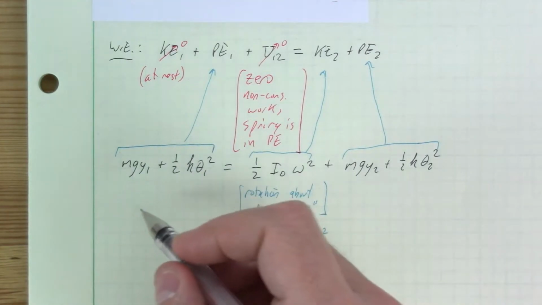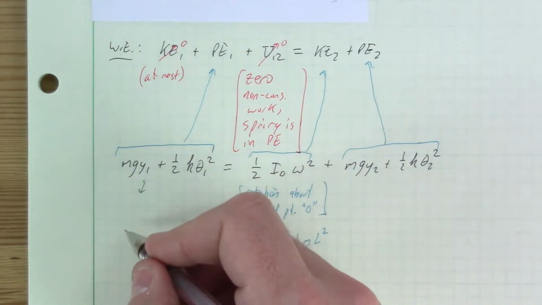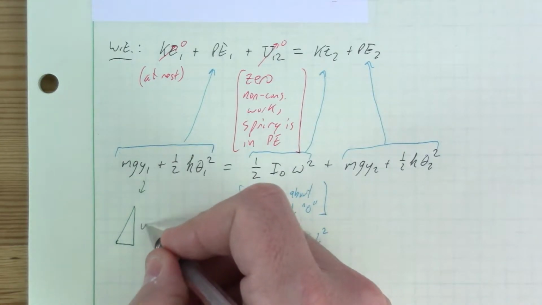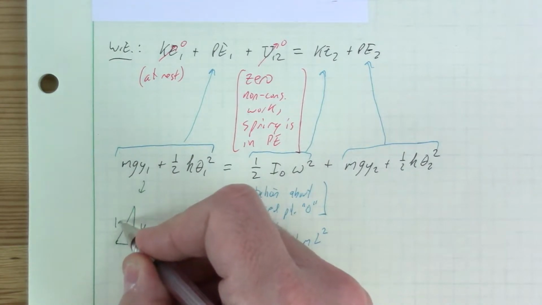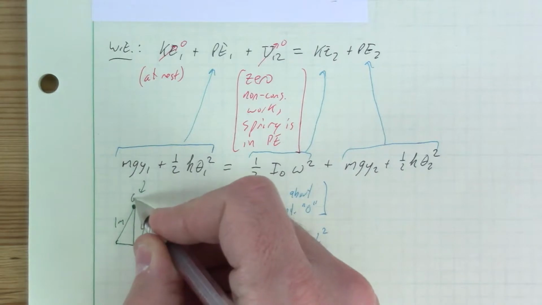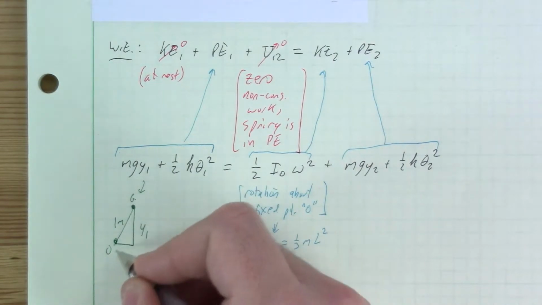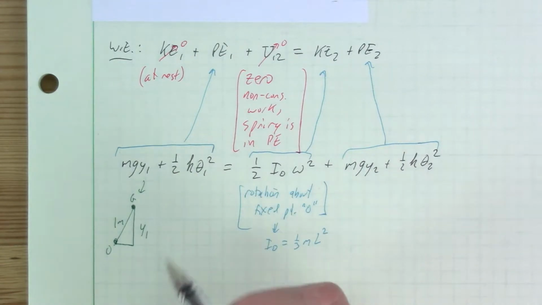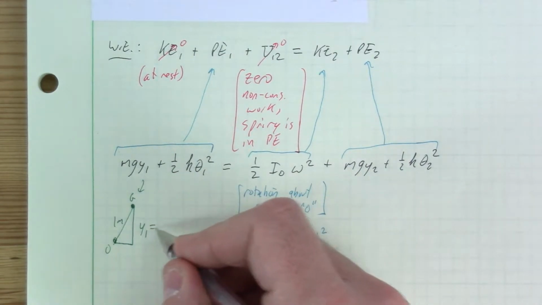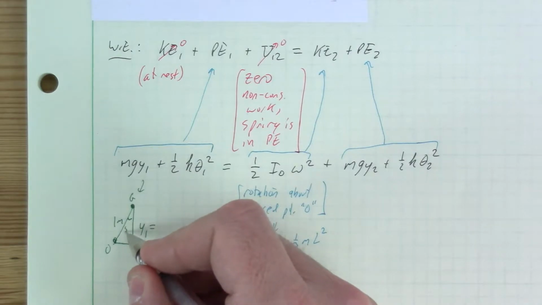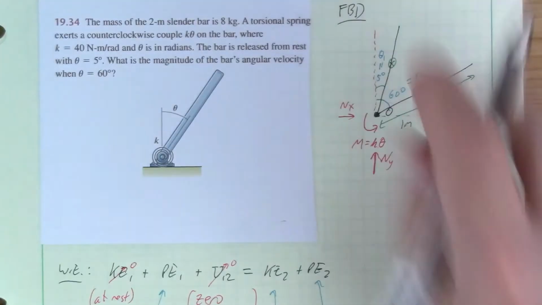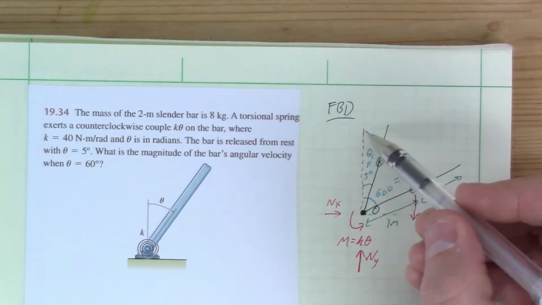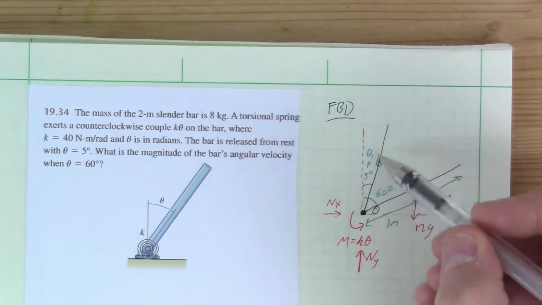Let's get into those y positions over here. All right, this y position, we're looking for y1 when this is 1 meter, right? This is g, and this is O. That's the center of mass, not the full length of the bar. We want to know the vertical position to that. Well, 5 degrees is hitting there, right? We've gone inside this triangle. I mean, you could have done it with this triangle right here. Either way,